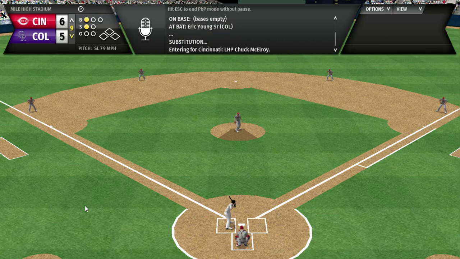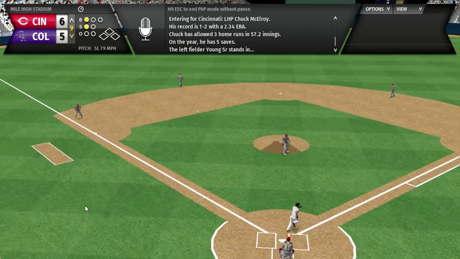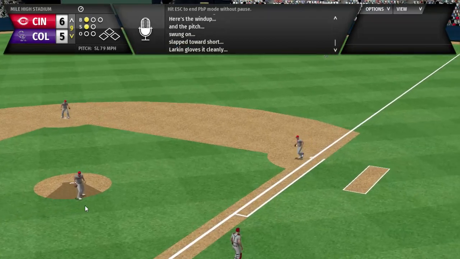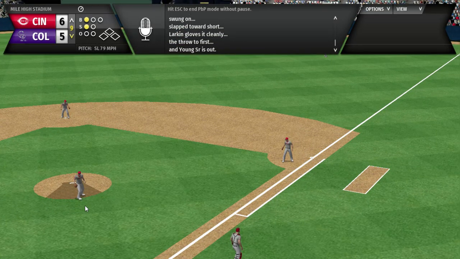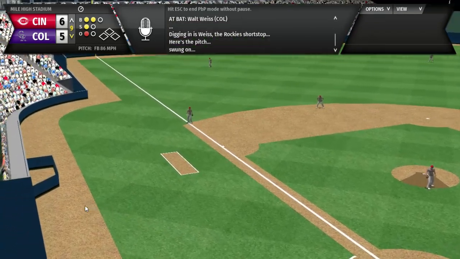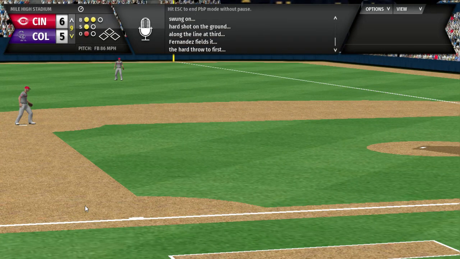Last chance for the Rockies. Chuck McElroy comes in to try to shut it down. Eric Young hits one to short. That's 1 down. McElroy hits one to Weiss. McElroy pitches to Weiss.